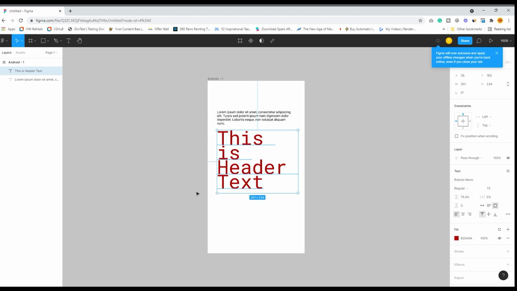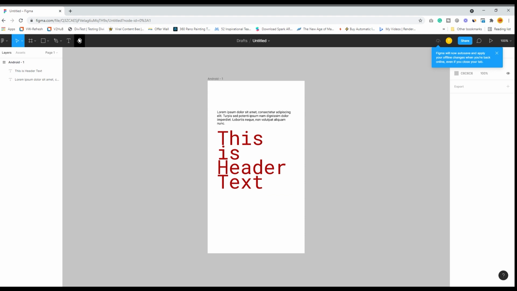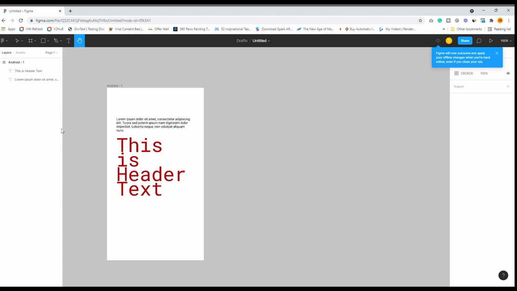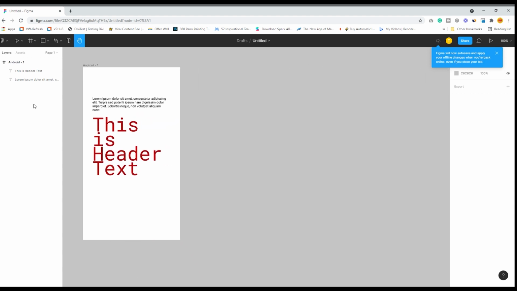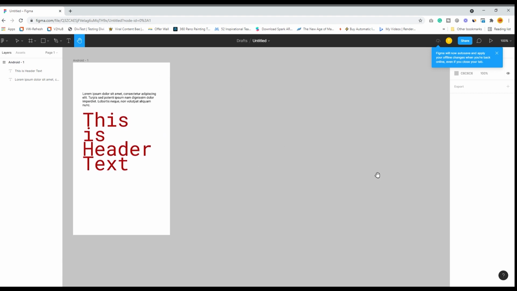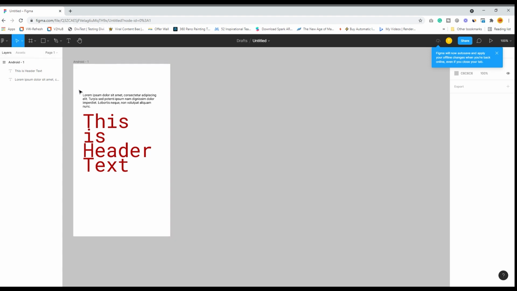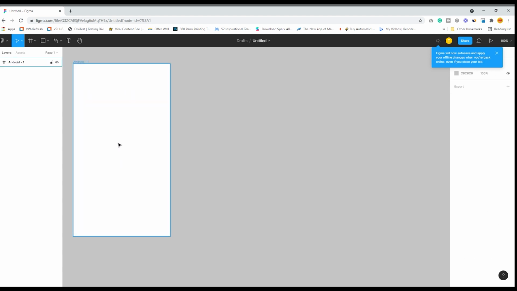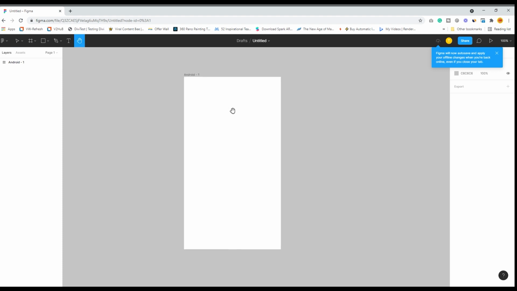Okay, the last one is the hand tool, which allows you to move your design, move your interfaces across the screen, because when you have multiple screens, you have multiple frames, you have to arrange them in the design space. So as I have promised, I will show you one particular thing which I told you I will definitely be showing, though it is not of much significance in today's world.